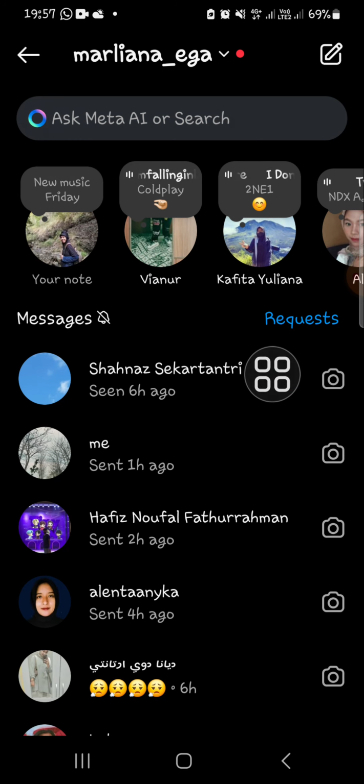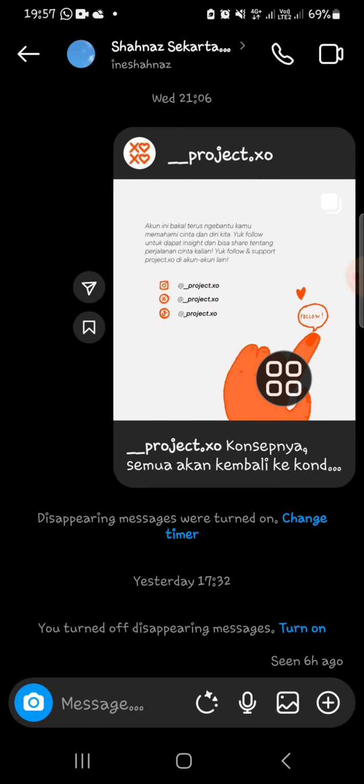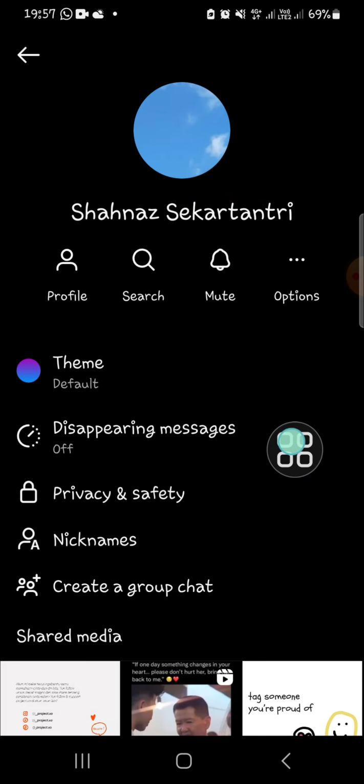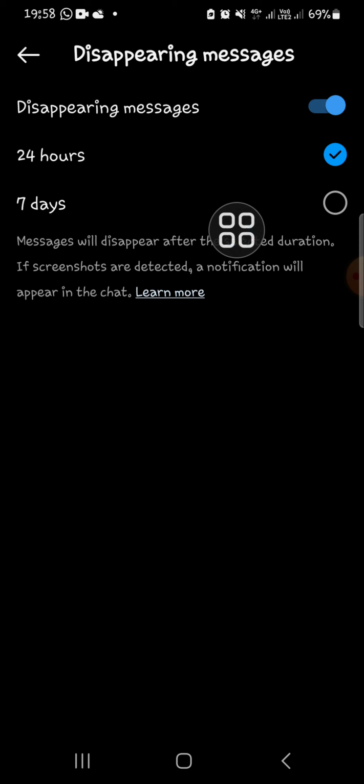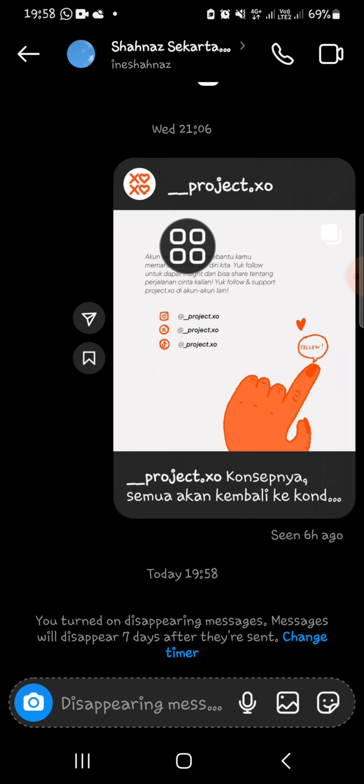I'm going to select one of my chats, and I'm going to click on the account's name. And here, as you can see, we have the disappearing messages feature, and we need to activate this feature. Okay, and then you can choose how long you want to activate this disappearing messages, and I'm going to activate it for 7 days. Okay, and now the disappearing messages has been turned on, and I'm going to take